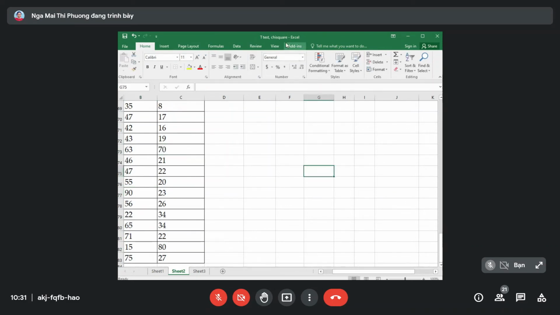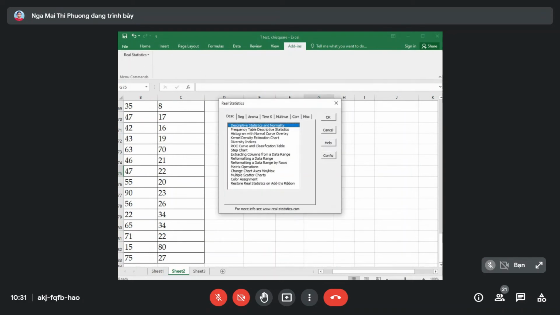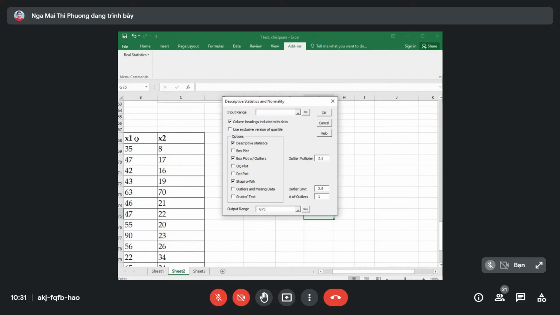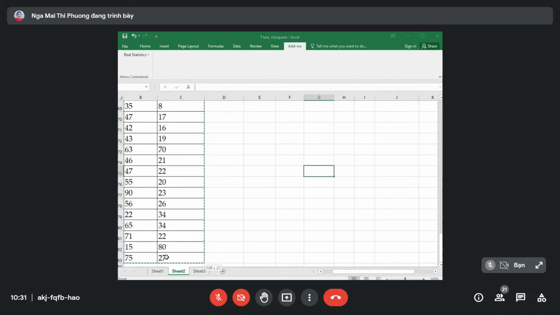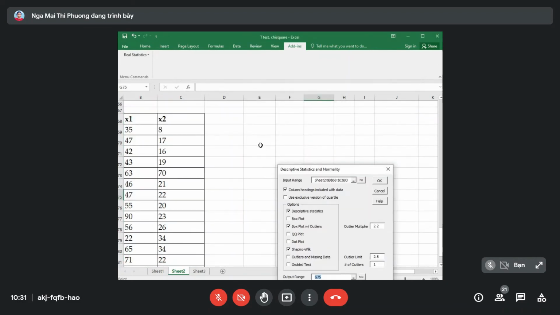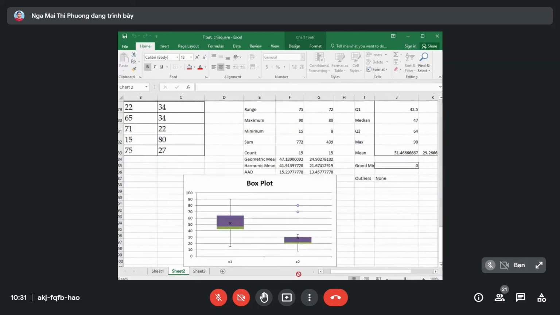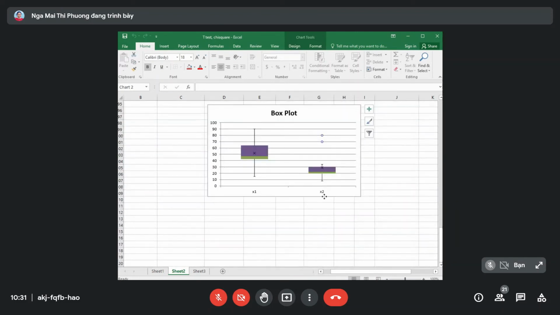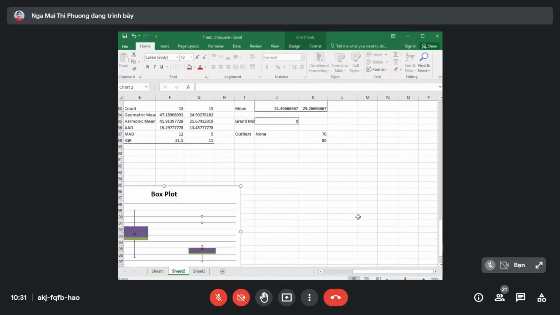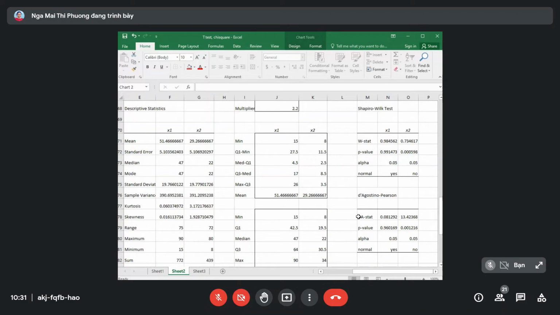Okay, so we just check again. What is this? You see, I change only 3 values